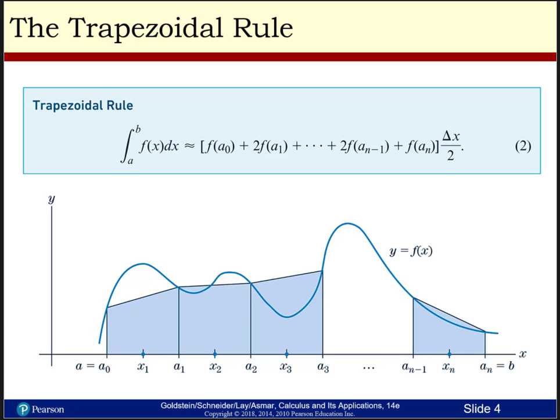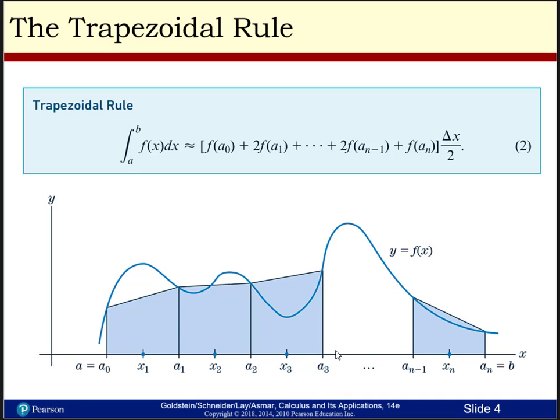Now, there's another rule. That was the midpoint rule. Another rule that we can do with no calculus and just estimate by using trapezoids. It might get us a little bit closer. So the integral from a to b of f of x dx using the trapezoidal rule is, you'll just take the function at this first point a naught plus 2 times the function at a1